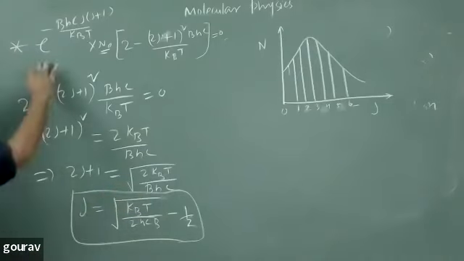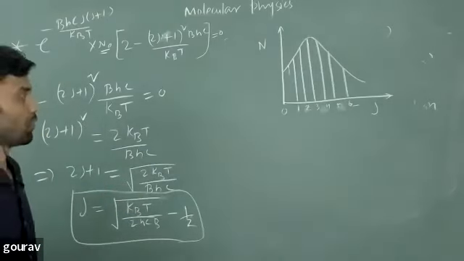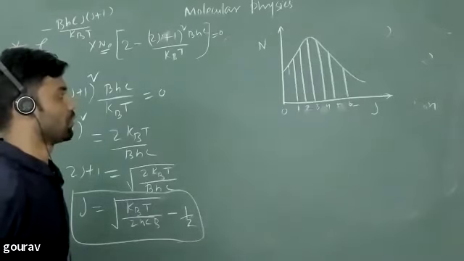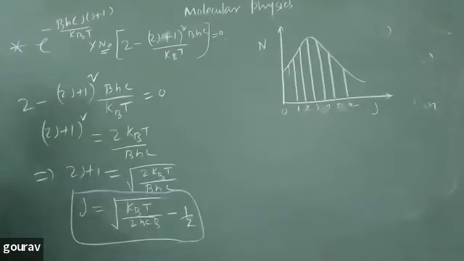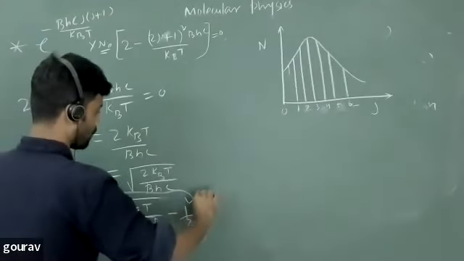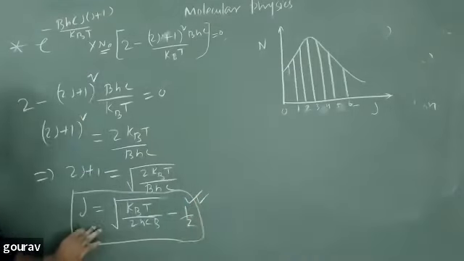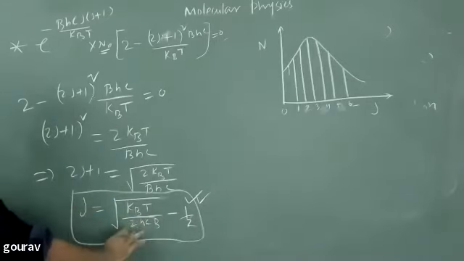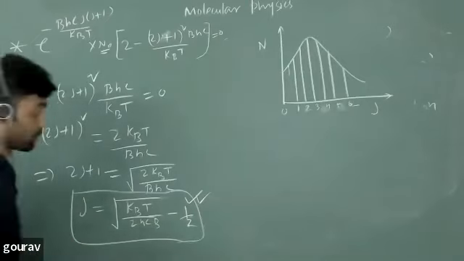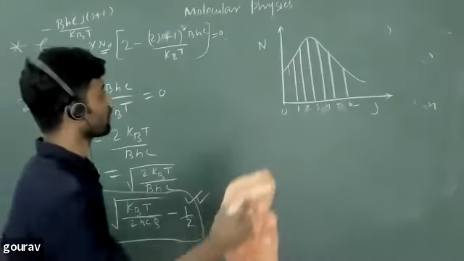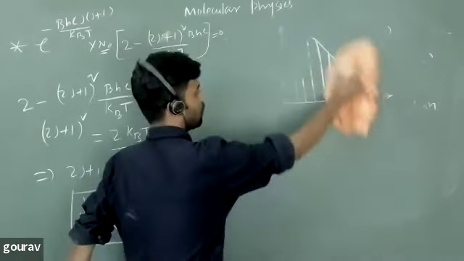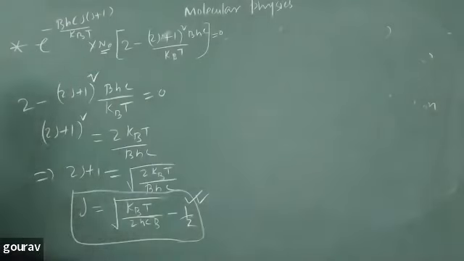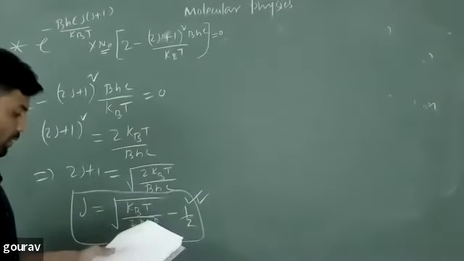But this is the best way to calculate, or the simplest way I can say, at what J value that population will be maximum. And this way you have to proceed. Many times they used to give this formula, it's a very famous formula from your exam point of view also. So at what value of J the population will be maximum. You can introduce the degeneracy factor also there, but it will be complicated to calculate. You may proceed. Okay, if you don't have any more questions, then let me